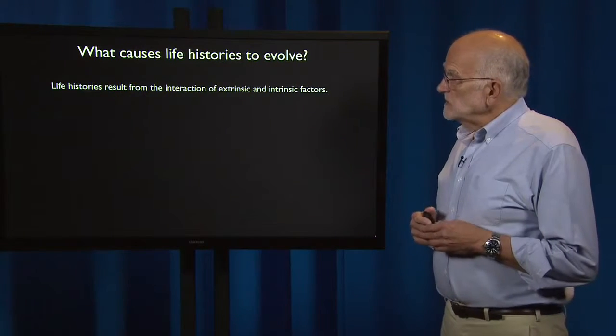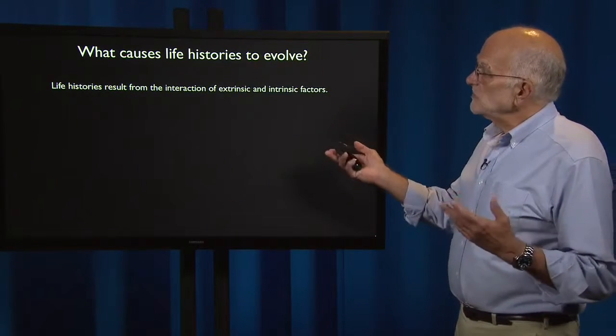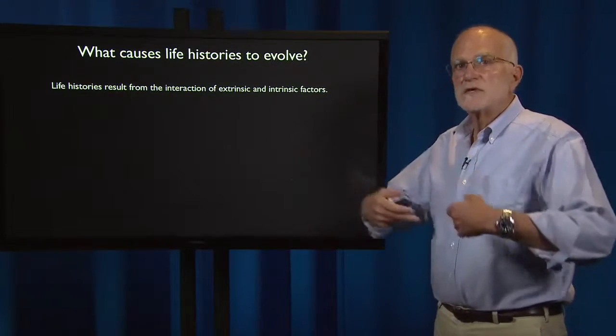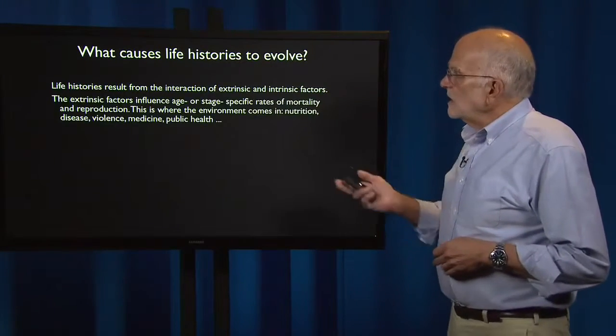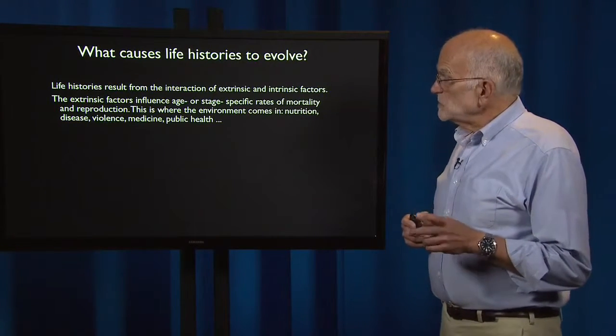So what is it that causes life histories to evolve? Well, at a very, very basic level, they result from the interaction of extrinsic and intrinsic factors, from things in the environment and things in the organism. The extrinsic factors are those that influence age or stage-specific rate